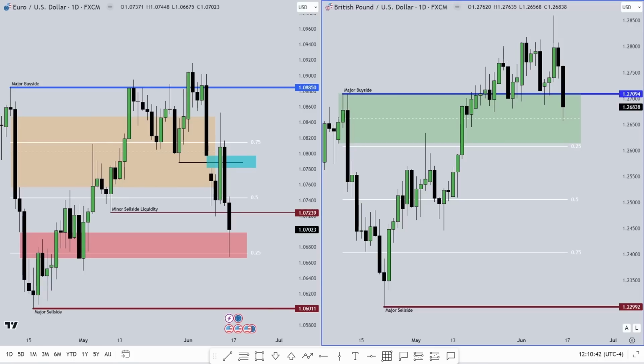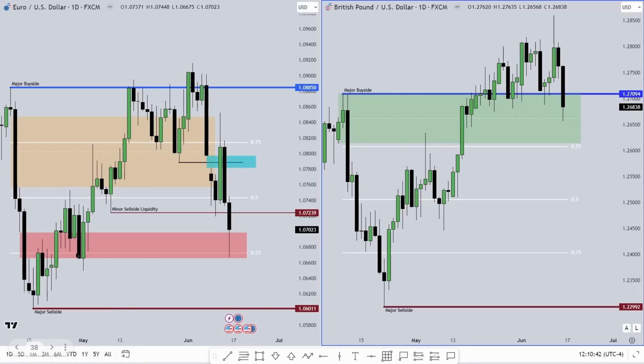Ideally, 4-hour and 1-hour liquidity pools is where you want to target, because we could stay inside of this consolidation at the minute. We don't know, right? We do have the sell side liquidity below these lows down here, and we've already run the buy side liquidity up here. So if we get back below the inverse fair value gap,